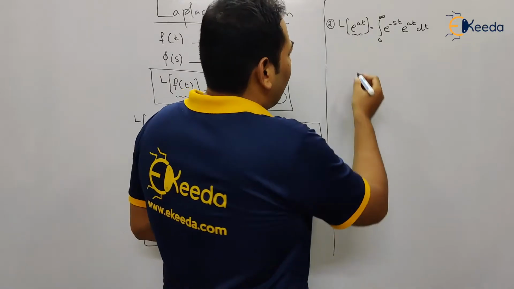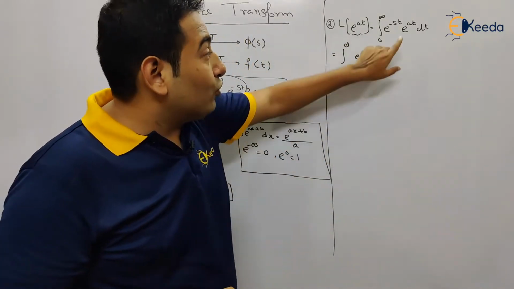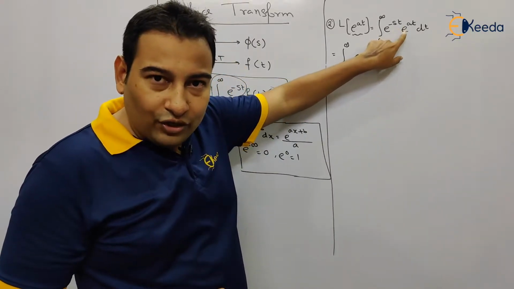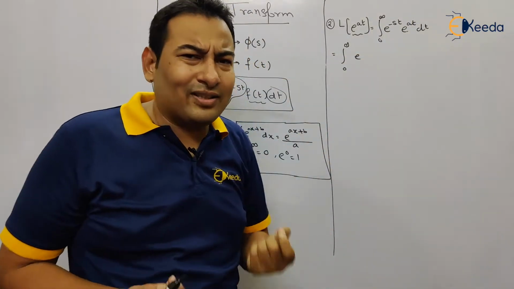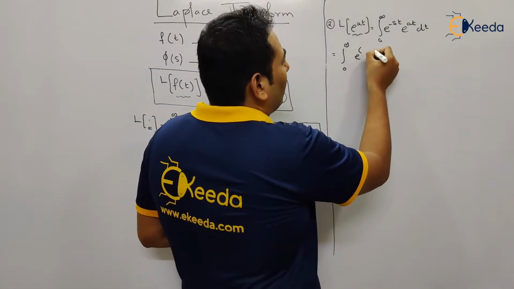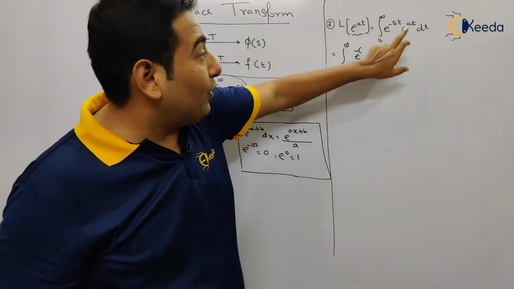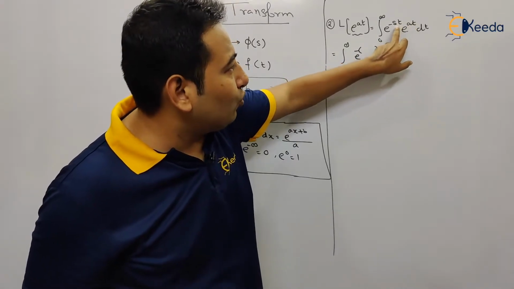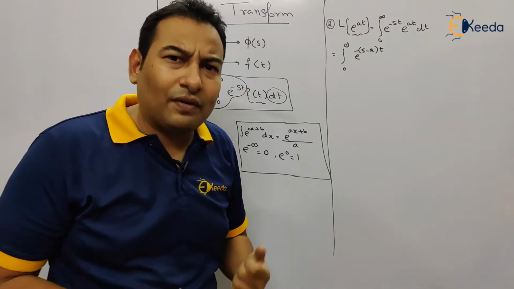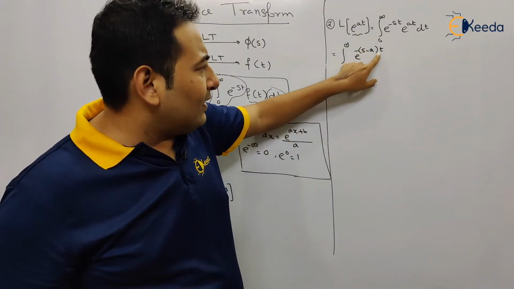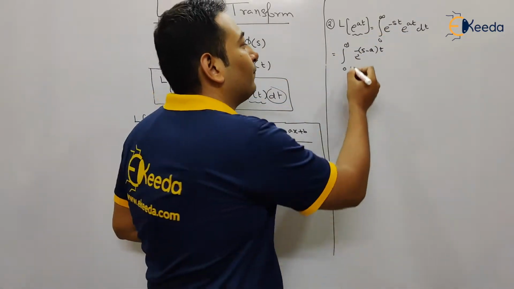Let's integrate from 0 to infinity, here the exponential part. If you want to multiply two functions, their indices will be added. So these two terms will be added. This is basic mathematics. So let's say minus t common. If you take minus t common from these two terms, inside you are left with s minus a. If you want to verify, you can. How? See here, minus st, if you open the bracket, minus minus will become plus, plus at.